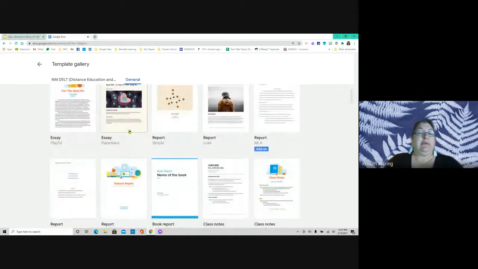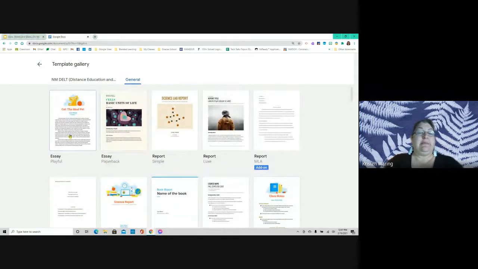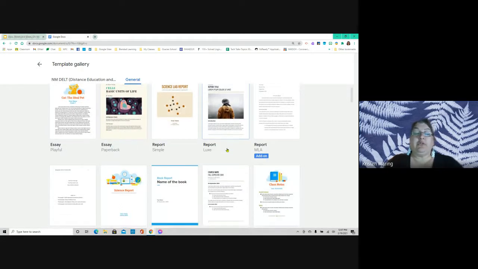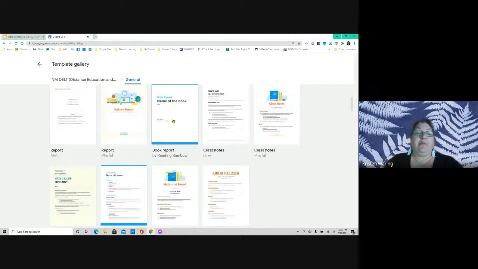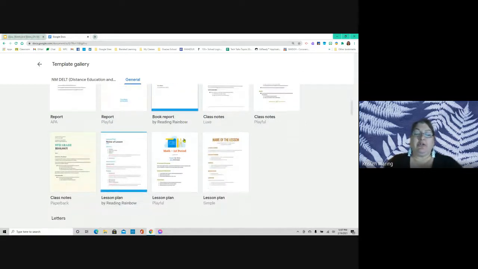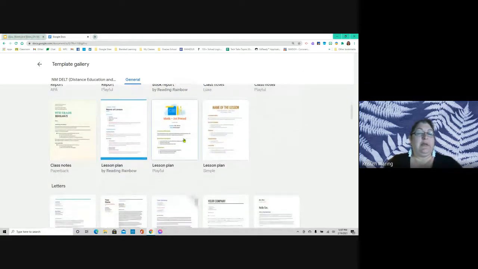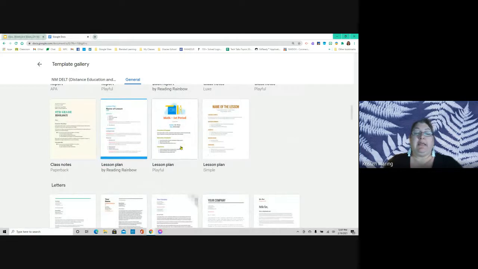And you can see they're labeled. There's an essay template. There's a report template. These are great to show your students. Book reports. Some of these are geared towards lower grades, but even note-taking. If you wanted to